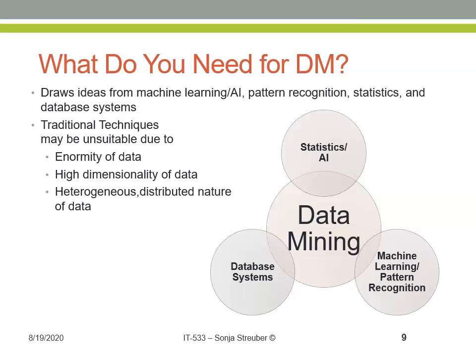However, due to the enormity of data that we have going on these days, these traditional techniques are becoming more and more unsuitable. We have many more attributes that we collect about entities in our world, and also the types of attributes and characteristics that we collect about entities in our world are becoming more and more heterogeneous and unstructured, rather than the structured data that we have traditionally kept in traditional database systems.